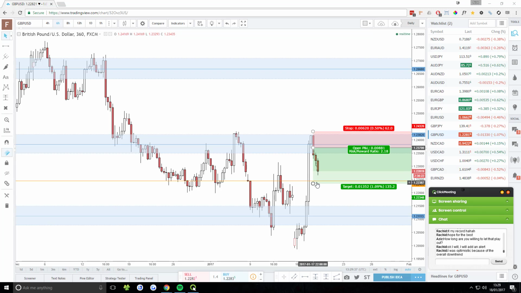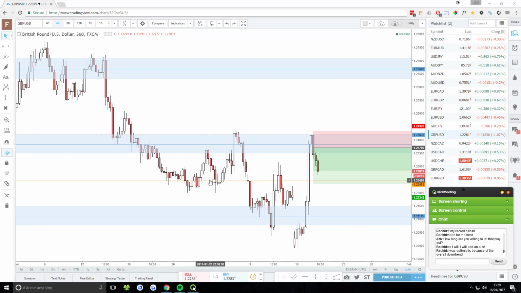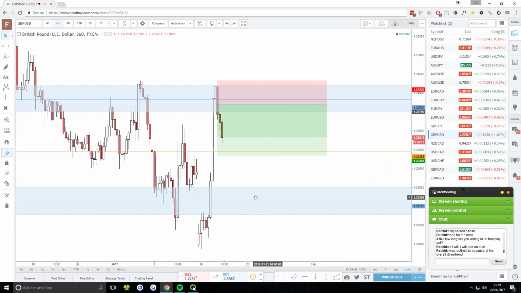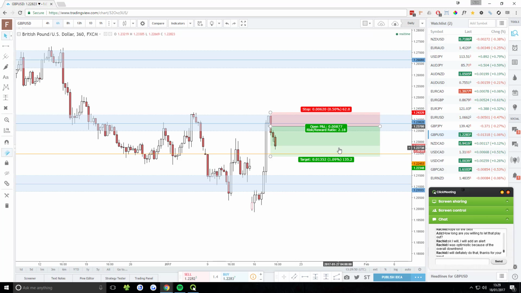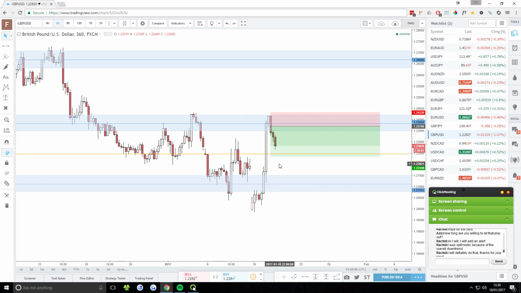I'm not saying necessarily move your target up. I'm just saying, set a price alarm like you said you would, and just be aware of what's happening when it approaches that area. If it stalls heavily, you might want to close out part of the position, something like that. And that would be at a risk to reward ratio of 2, so it's a very, very good risk to reward ratio anyway once it hits down there.